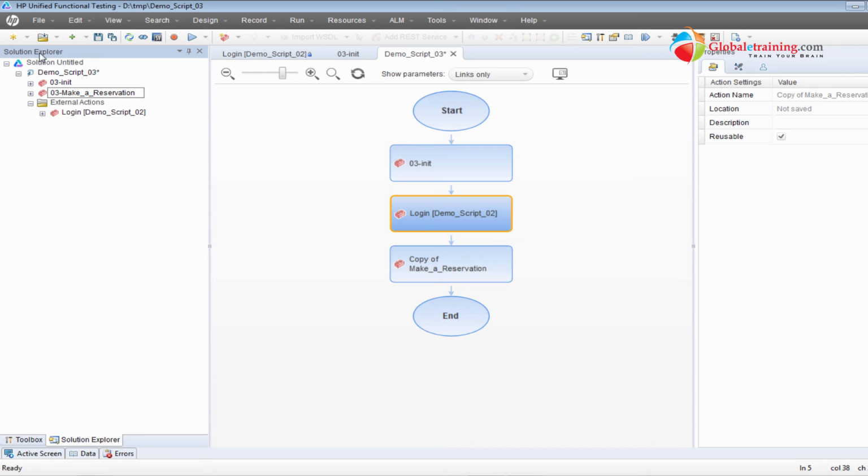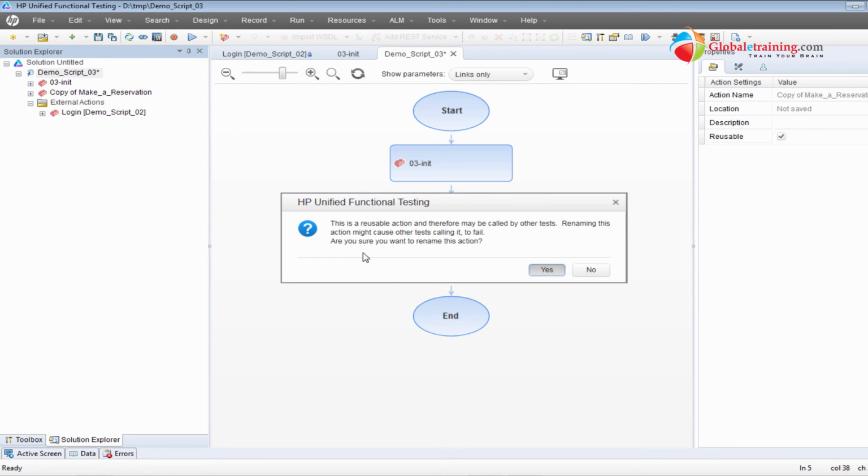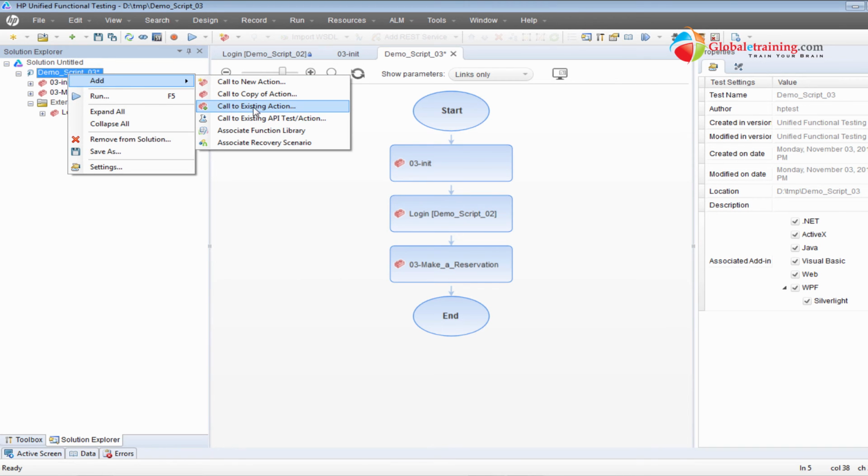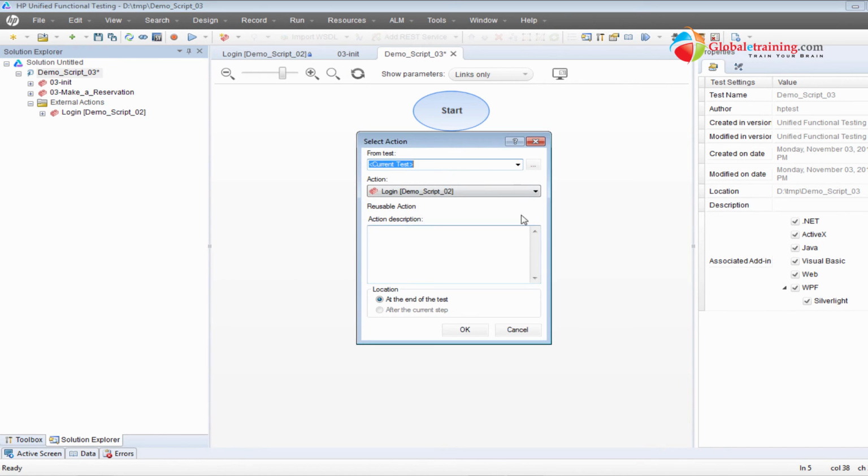So let me rename this as 03 dash make reservation, and call to existing action, and I'll pick our demo script 2 and use exit. Okay,